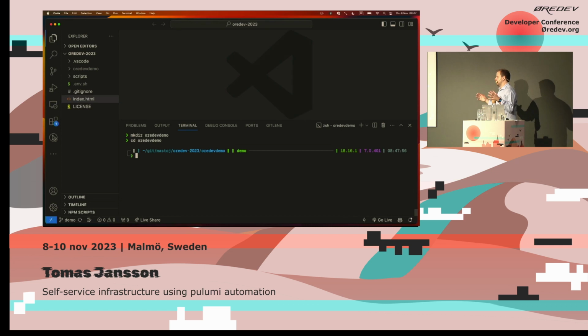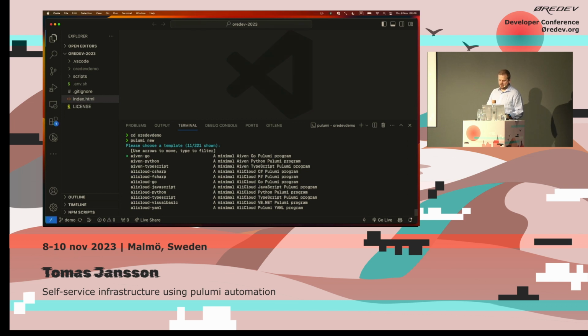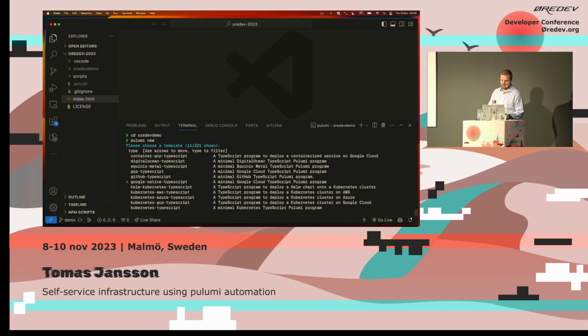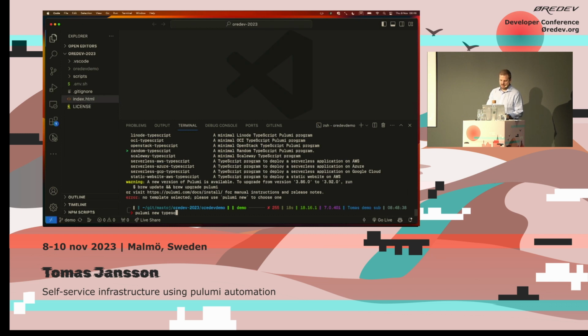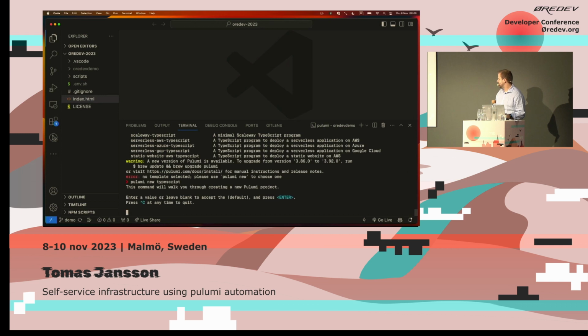If you're building an application or a standard Pulumi project, those are two different things. But I think it's good to start from a Pulumi project and then make that an actual application. So I always start by using pulumi new to create a project. And here if I enter, you need to, of course, install the Pulumi CLI. Then you get like 200 different templates to choose from, with different languages and so on. I would like to use TypeScript, and there are a bunch of TypeScript templates. I know I want the plain TypeScript version with no helpers, so I just choose the Pulumi TypeScript one,